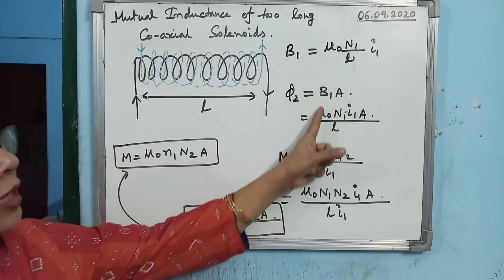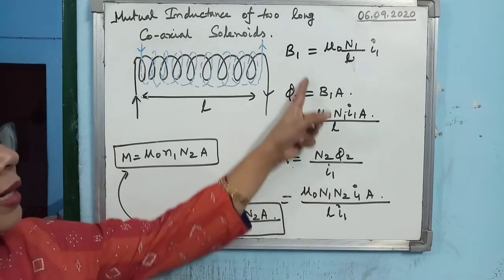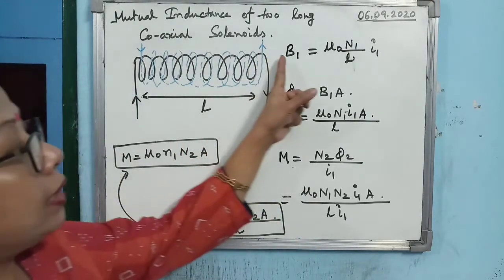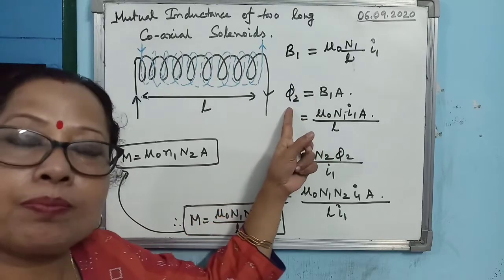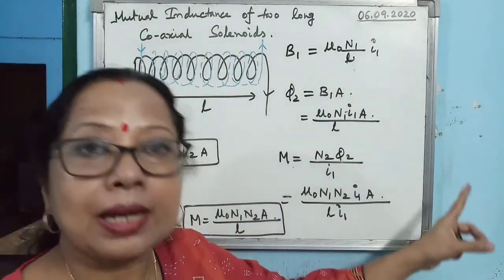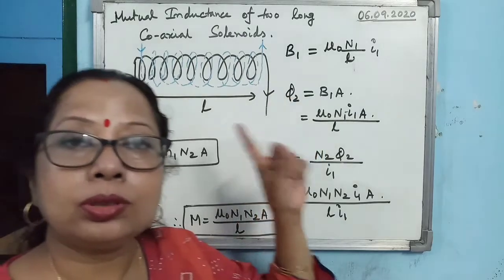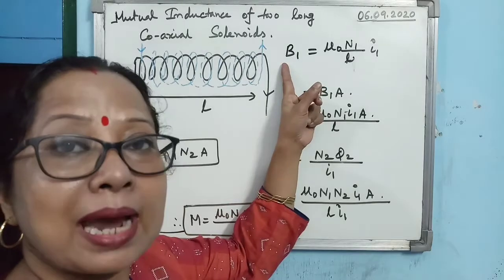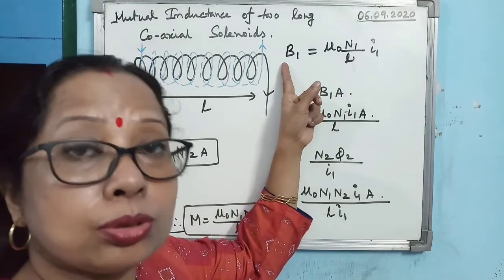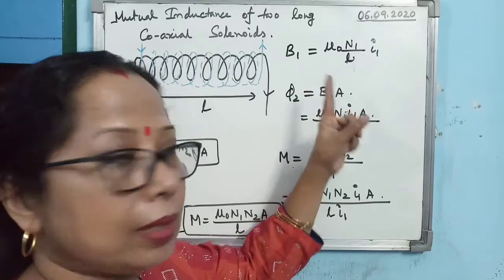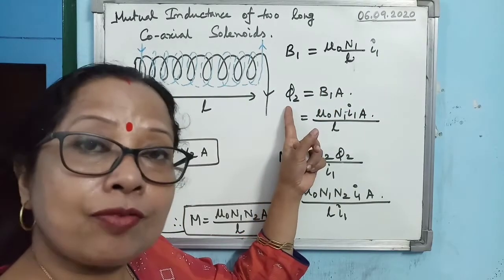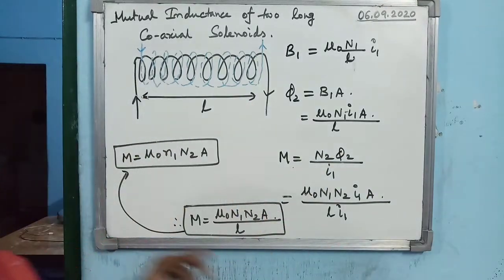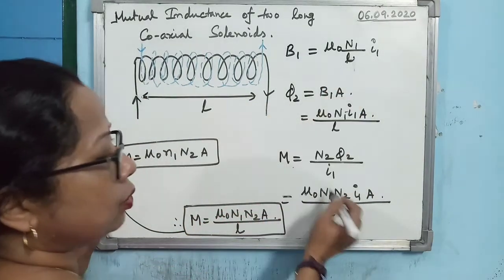Remember, the derivation is a few steps, but when you are writing, you can write like this only, but don't forget to mention what B1 represents, what phi 2 represents, like this. I have just said it verbally, I have not written, but when you do the derivation in the exam, you are supposed to write that. Just like I said, what is B1? Magnetic field produced due to current passing through the primary. What is phi 2? Magnetic flux associated with each turn of the secondary. Okay, like that you should write down the sentence and then do the derivation.